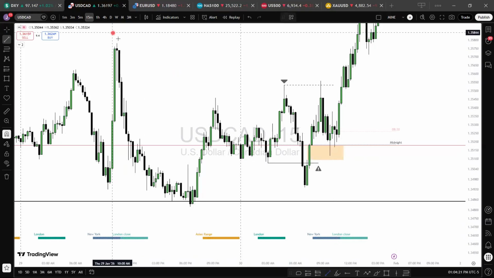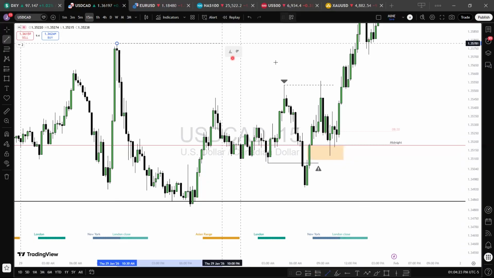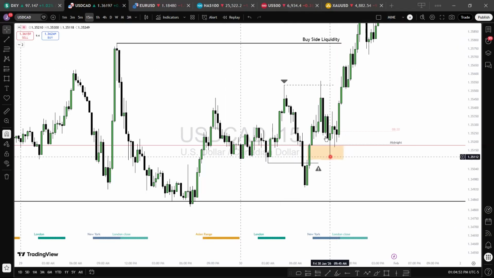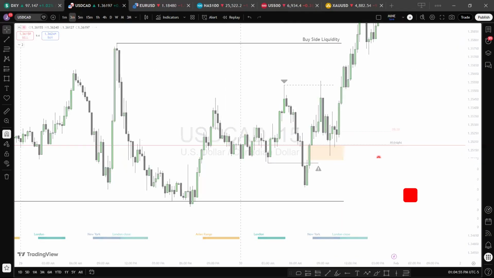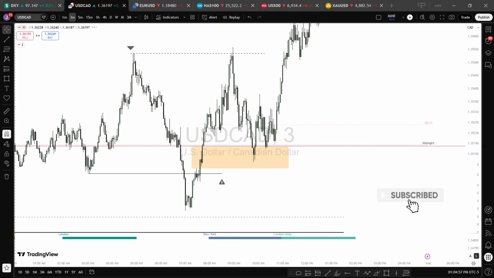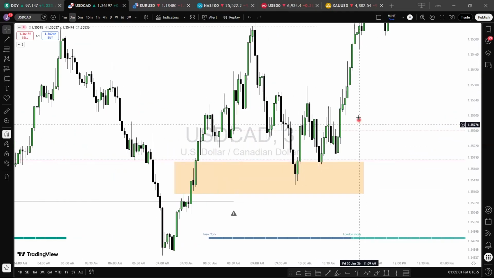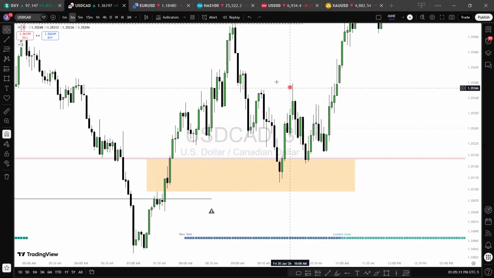If you look to the left, you will see we have what? Buy side liquidity. And here was the high I was aiming for. So let's go down to a smaller time frame to look for entries. Now, remember I said in the 3-minute time frame, 1 minute or 5 minutes, what you're looking for is a